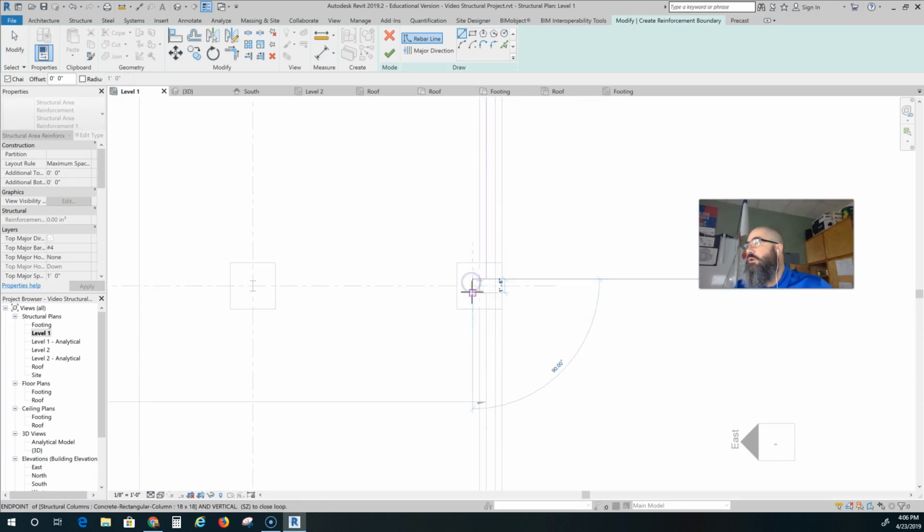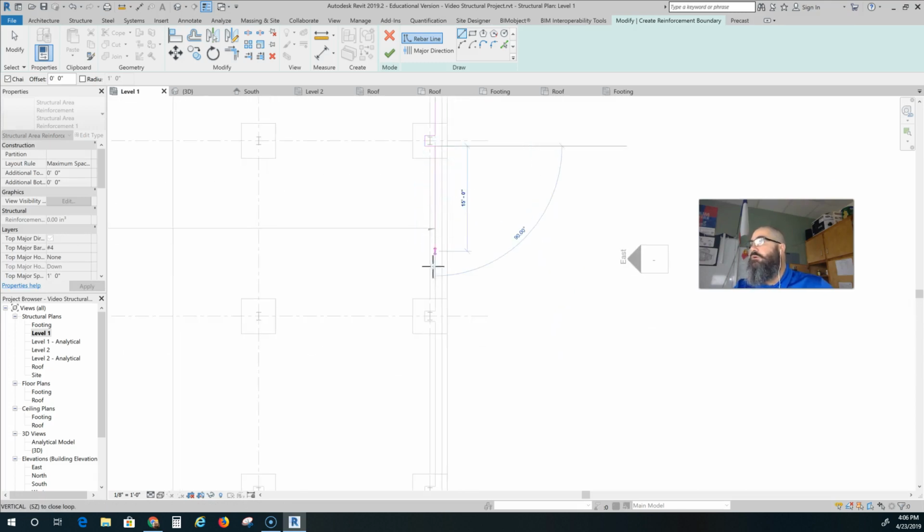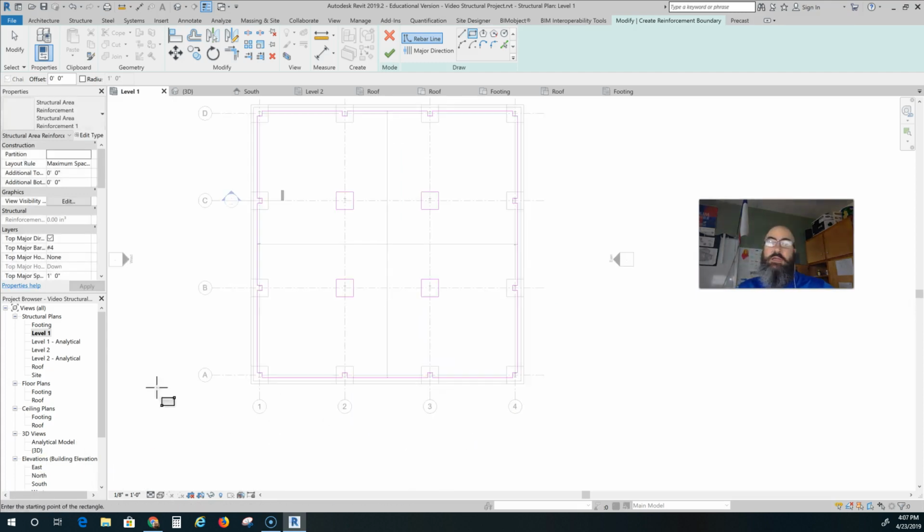And I was just going to go ahead and knock it all out at one time by doing this. So what I'll do is pause and then come back when I am done, and you come back when you're done as well. Okay, I'm back, and I have drawn all of my boundaries for my rebar,